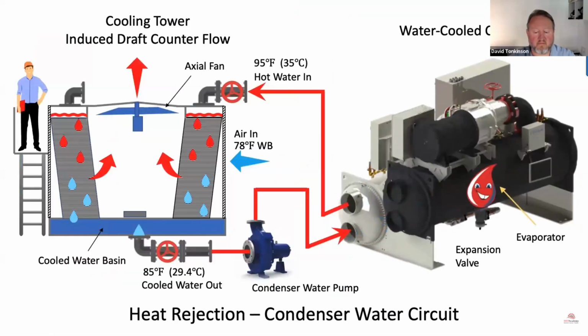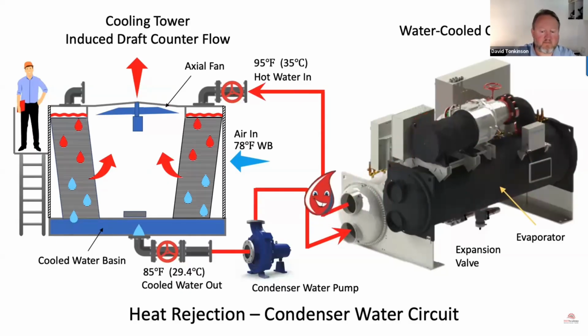Okay, now the heat has arrived from the chilled water. We've picked it up from the room, we brought it to the chiller, and that heat is going to cause the liquid refrigerant on the low side in the evaporator to evaporate, and it absorbs the heat, and then that heat is taken through the compressor and gets compressed to a high side vapor refrigerant, which passes it to